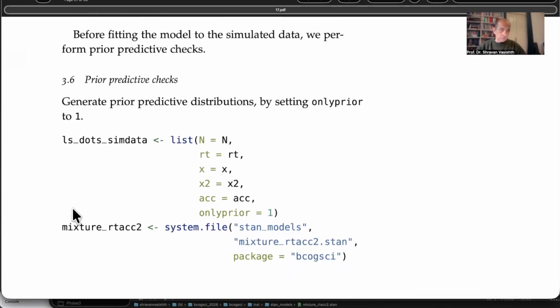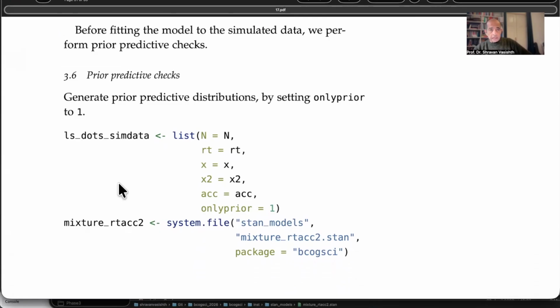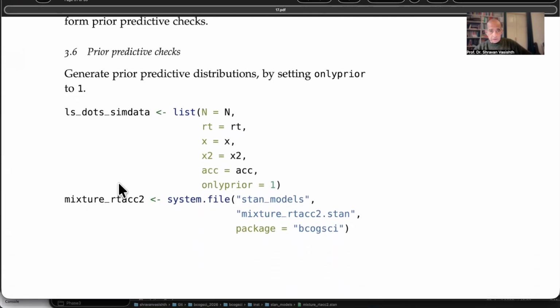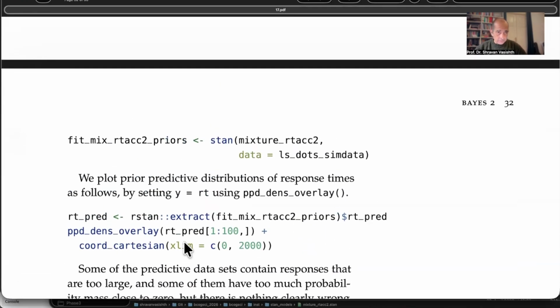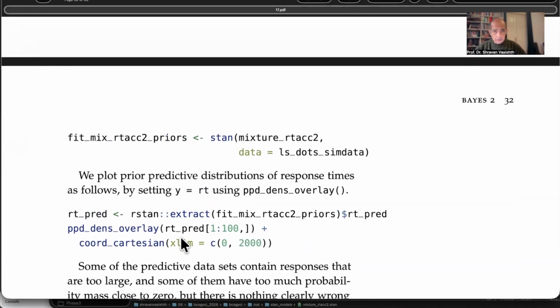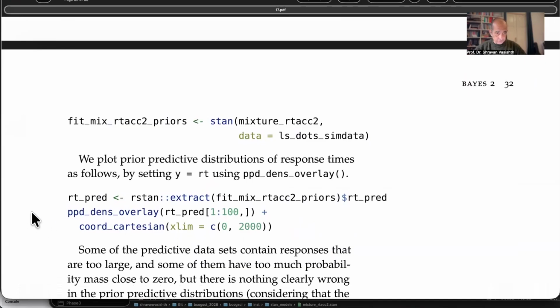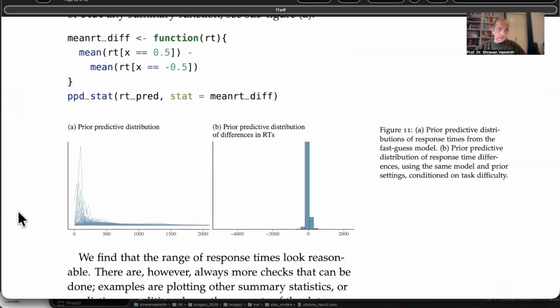So you can check now whether the prior predictive distributions will come out the way that you would expect. So this is the actual data, okay? But this will not be used when doing prior predictive checks. If you set only prior to 1, then that data is only there as a placeholder. It's not going to be involved in producing the prior predictive data. So if you look at the prior predictive distributions running the Stan model, and if you look at the output here,